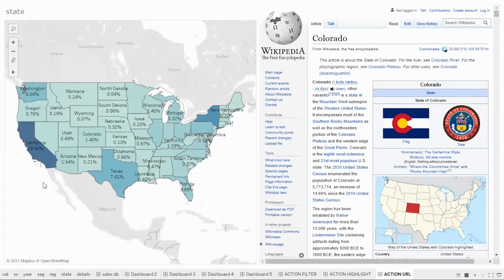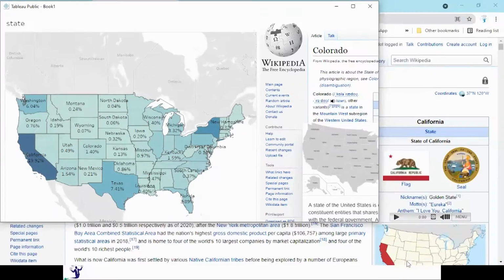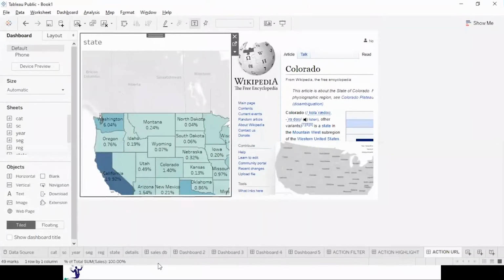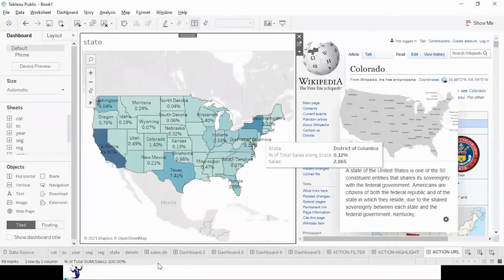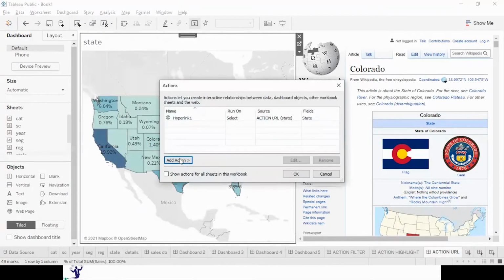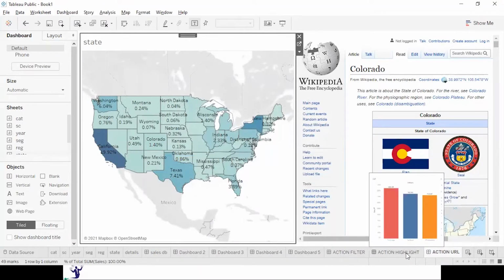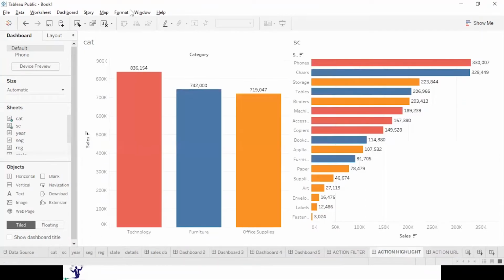Now let's say another one. Another one is go to sheet action. Go to sheet. So for an example, let me put on action highlight one. You can put multiple actions in the same dashboard, that's the reason I'm putting it over here.